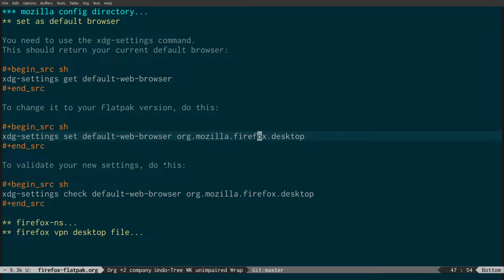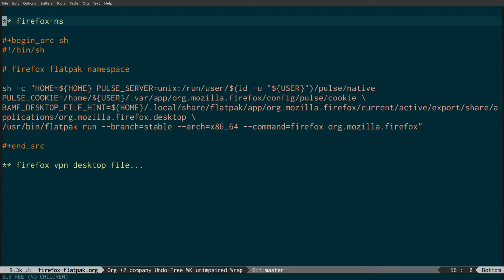You know, I've got one that's called org.mozilla.firefox_vpn.desktop. I could change that like that, and that would set the VPN version of Flatpak to be the default. So that's how you set the default browser, and also again down here how you launch the Firefox Flatpak version in